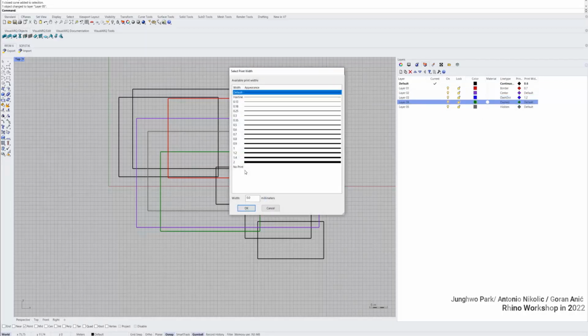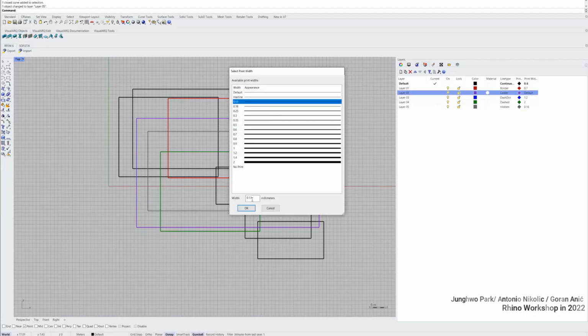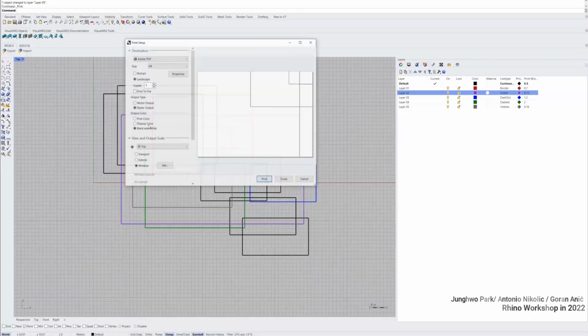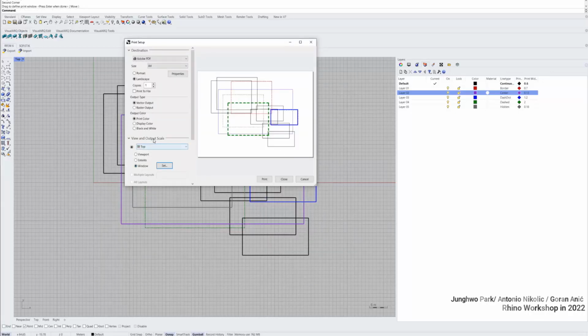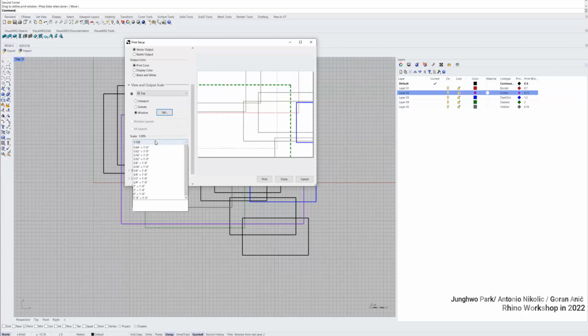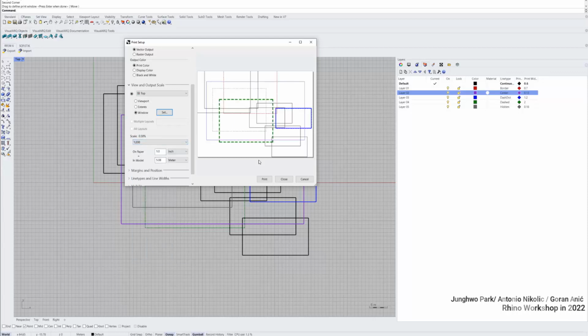One to four millimeter is the unit for this, and we can change to a very thin line, for example, for the others. Yeah, so this is the setting when you print. Control P to print, and this time I will do vector output, of course, using print color. I will set the window, and we can set here from there down. You can change the scale, 1 to 100, 1 to 500 maybe, because it's bigger now. 1 to 200, yes, makes sense. And now if I print it,